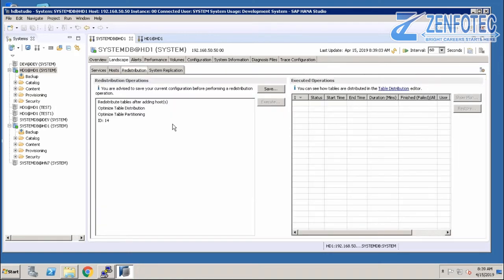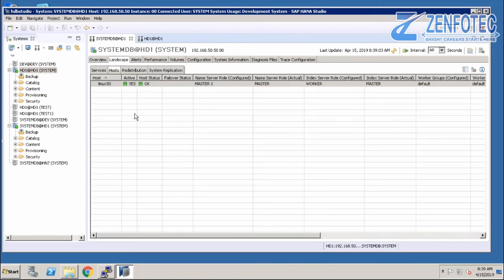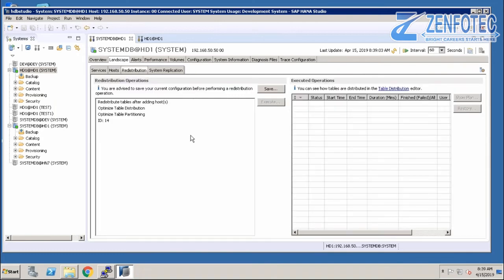It is something like if you're having multi-node systems. Sometimes whenever you create new tables, or even for existing tables, if you want to do partitioning, you can do the partitioning over here. A number of partitions will be created, and then those will be automatically distributed on the multiple nodes. Yeah, so this is table partitioning and table distribution on multiple nodes.